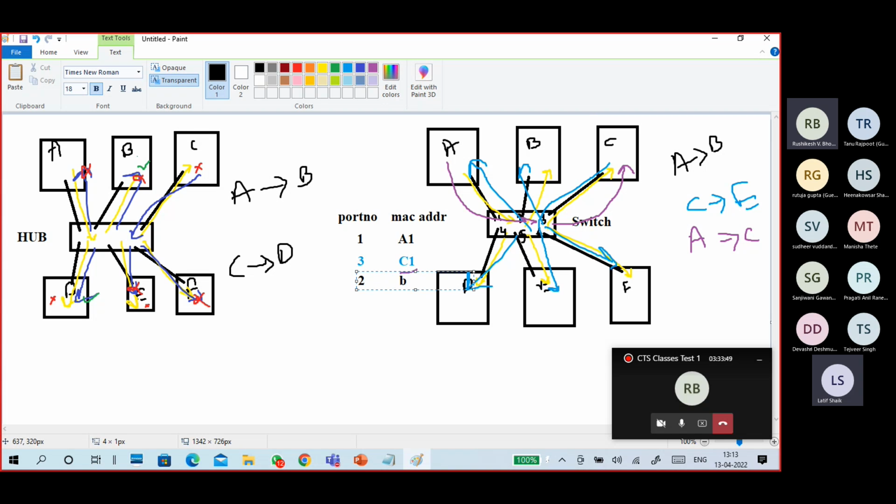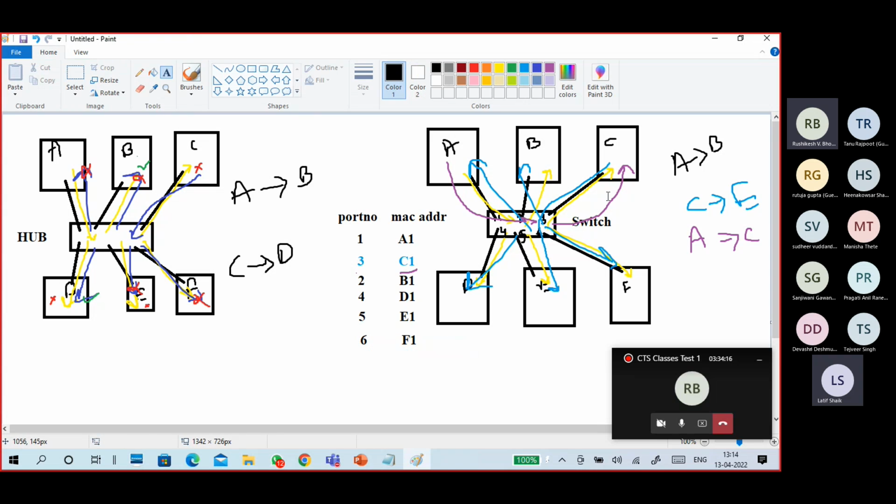While they communicate with each other, it learns the MAC addresses of the devices and their port numbers, meaning switch port numbers, and maps them. Now, A to E communication: A sends a packet to the switch, the destination address is E's MAC address, E1. It checks where E1 is mapped, port number 5, and forwards directly to port 5 only.